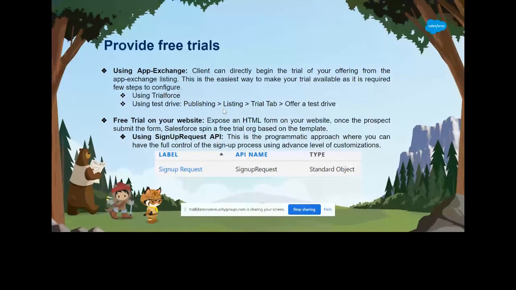It is altogether a partner portal, where you will go and you will have that publishing tab. In that publishing tab you have a listing. In that listing you will have a private and public listing both, right? In that listing, just select your public listing one. Let's say I have a managed package which has already passed the app security review, and it is available in the listing tab.